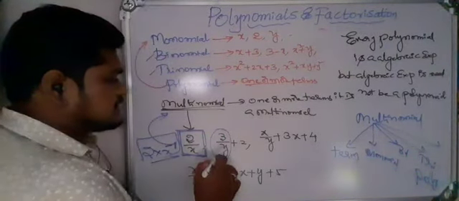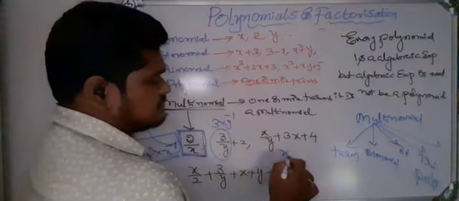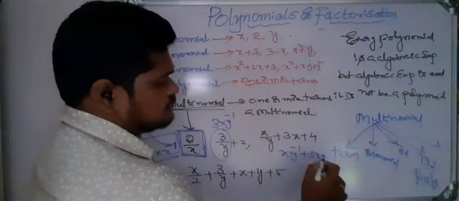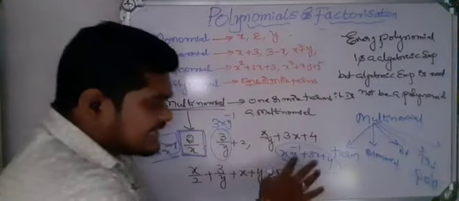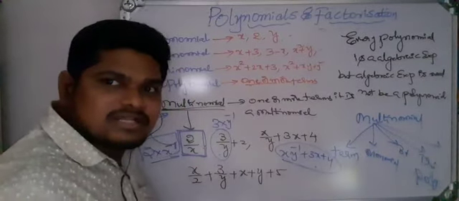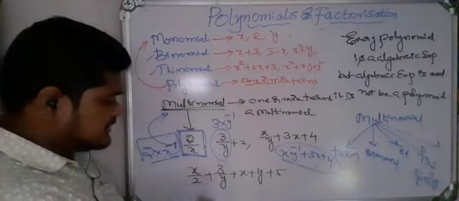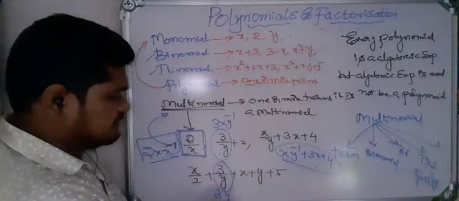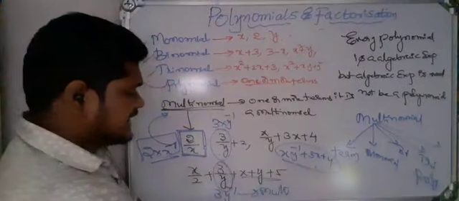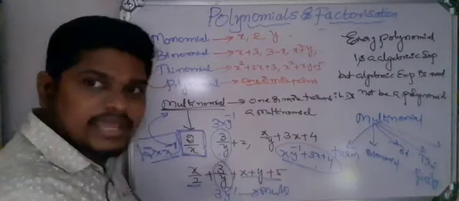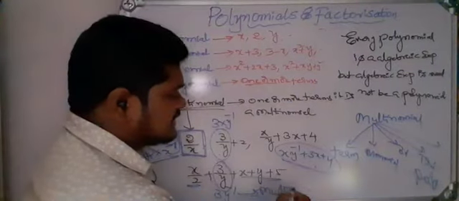Same here, this is 3 into y power minus 1. Take here, this is x into y power minus 1 plus 3x plus 4. Negative power is there, so it should be a multinomial, but it contains 3 terms, so we can call this one also trinomial. This one, with 5 terms, is a multinomial. Here, if you take simply 3 into y power minus 1, this is also a multinomial. Not only this number of terms, simply if you have 3 by y also, it is a multinomial.